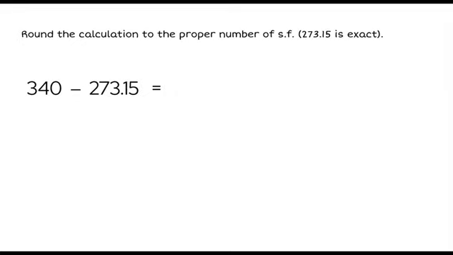Our next example is a subtraction, and here we are told that one of the values is exact. But we're going to go ahead and go through our process, and when we get to that value, we'll literally write the word exact underneath it. In our first value, 340, the 0 is not significant because there is not literally a decimal point shown. So our final sig fig is at the 4. The 4 is in the tens place.